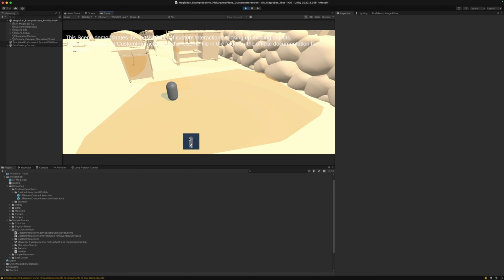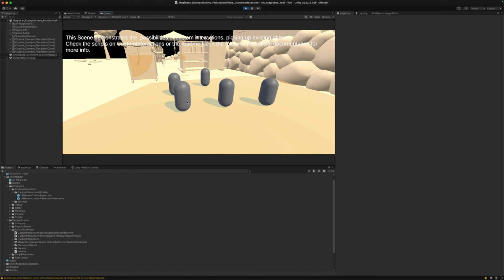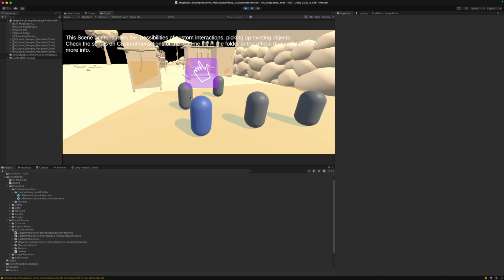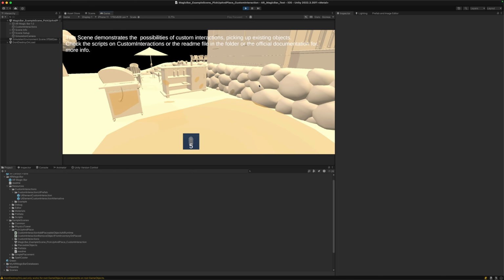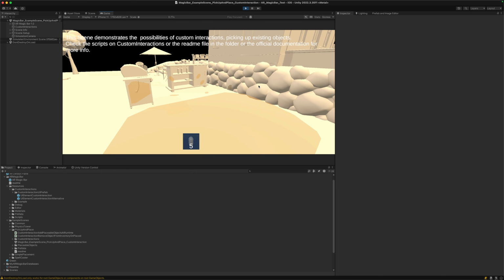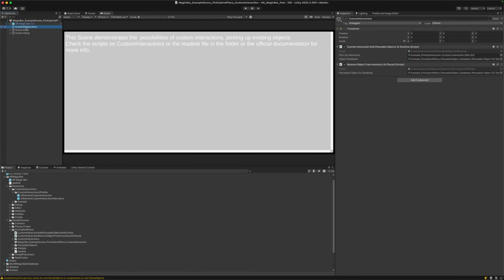And here we can click and we can place it, and we're going to see the number going down. And if there is no object, it's even gone from our placement bar here. But if we click on the objects, we'll see some kind of custom interaction, and let's click on it again. And here we have it back, and we can collect these objects again. And this is also just a nice showcase for custom interactions. And if we just stop the scene here for a second and take a look at the custom interactions here,